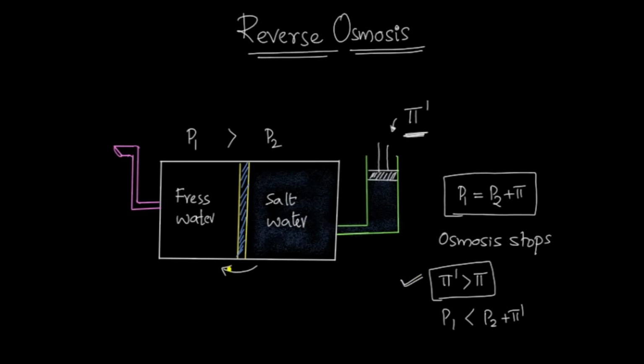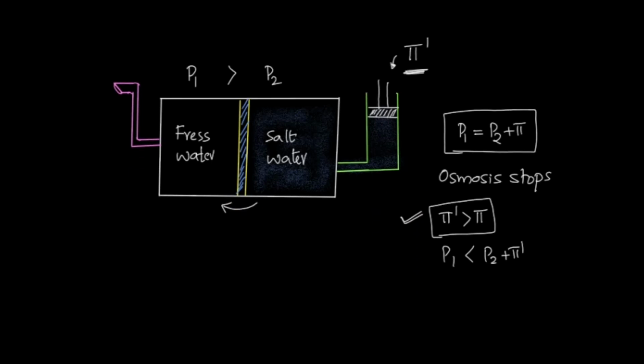Okay, this is all about reverse osmosis. Reverse osmosis we can use in desalination of seawater. This is one of the uses we can list here. Let me write this: desalination of seawater. So we can purify it. We can remove the salt present in the seawater by this process.